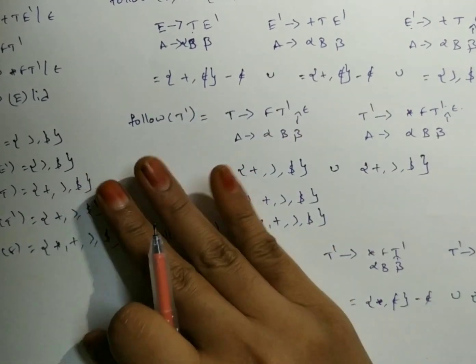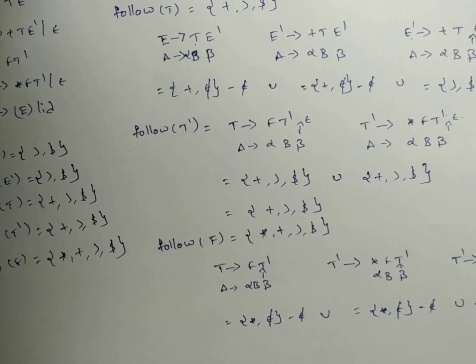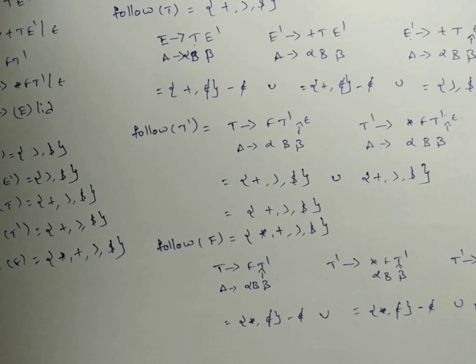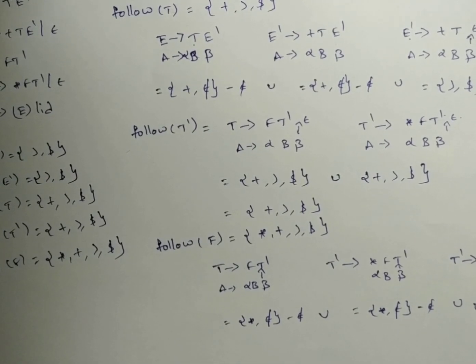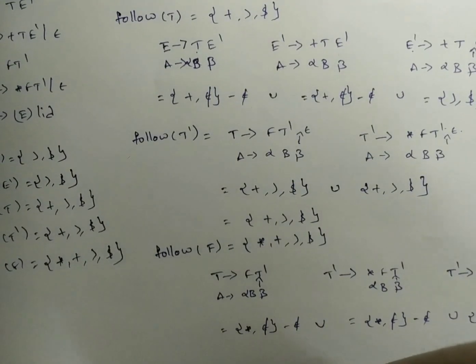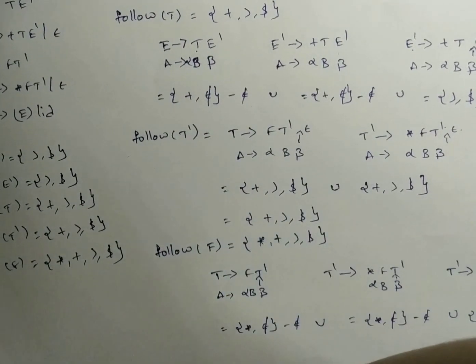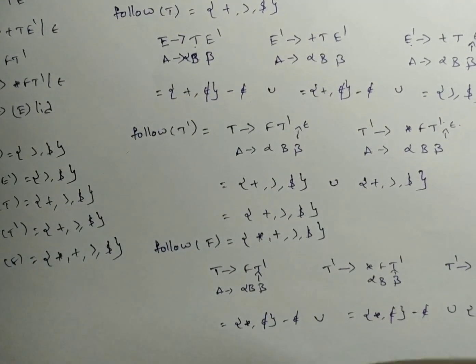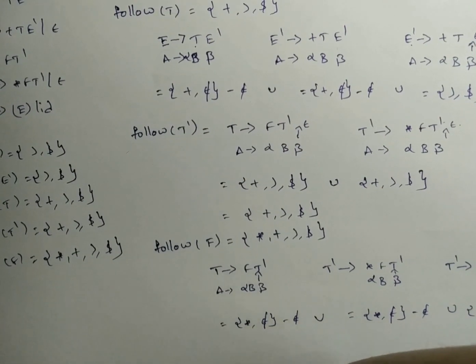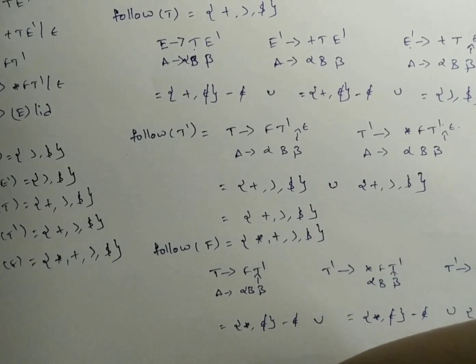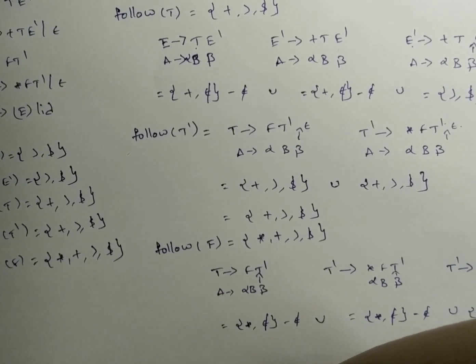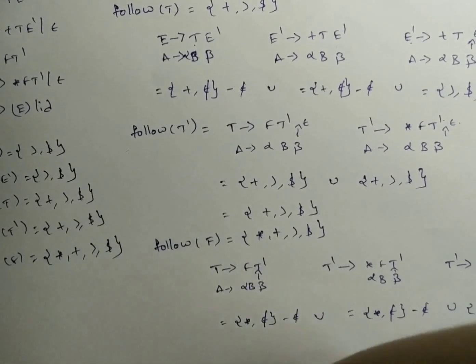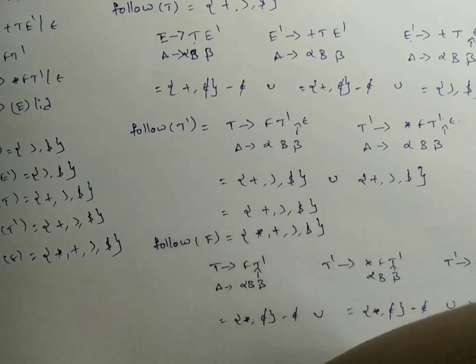Okay, this is how the follow will be considered by using the simple formula a derives alpha b beta. In this video I have covered what is left factoring, what is backtracking, what is left recursion, and what is ambiguity. All those factors I have covered which are important in any competitive exams, and I have also explained how to find out the first and follow. Okay, how to eliminate